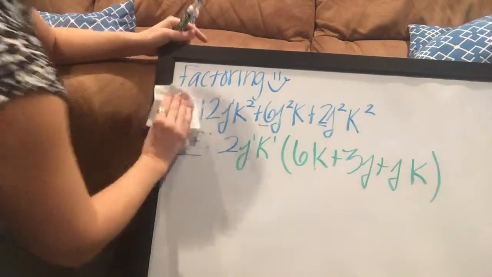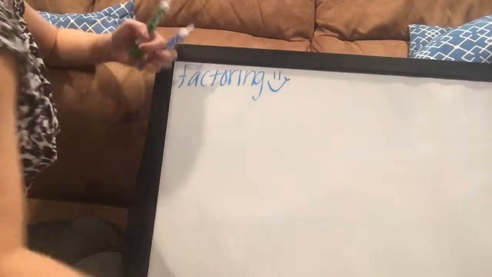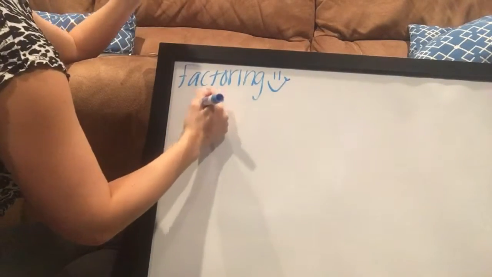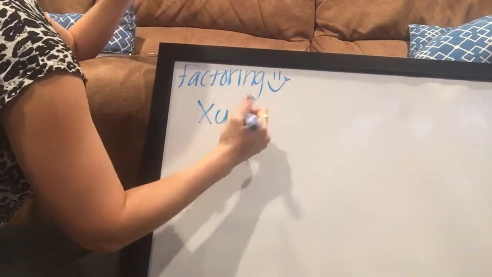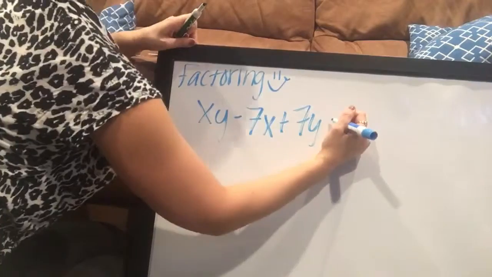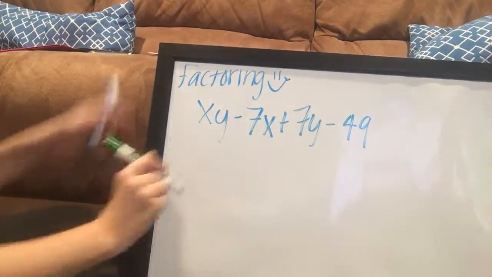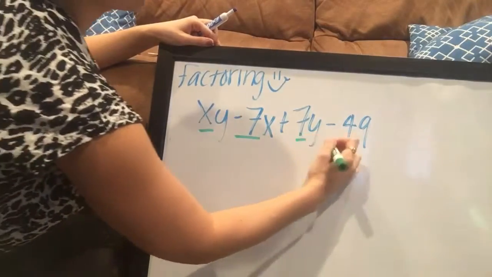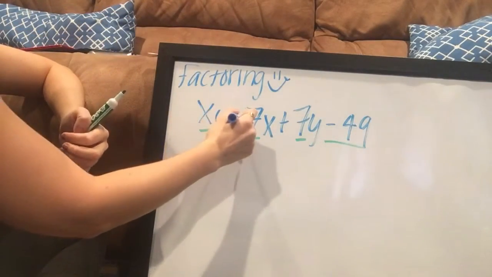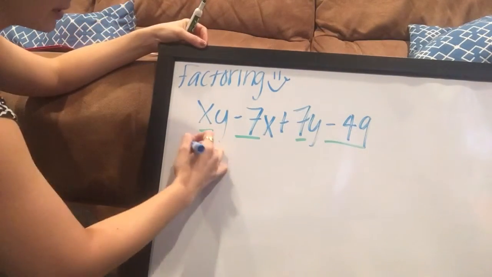Now the second one is called factoring by grouping. Now this is basically you are taking two parts of your expression, because they're not really equations, they're expressions, and you are trying to get something that is in common with both of them and factor it. So with this, it's usually split up first, second. So you take your first one, xy minus 7x. What is common between both of them is that x. So we're going to pull out the x